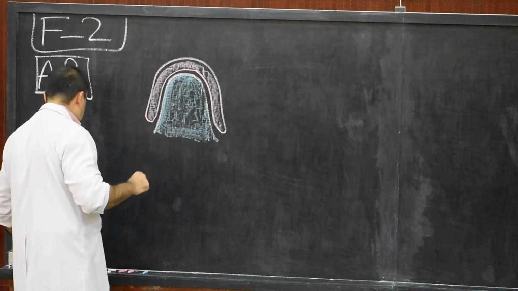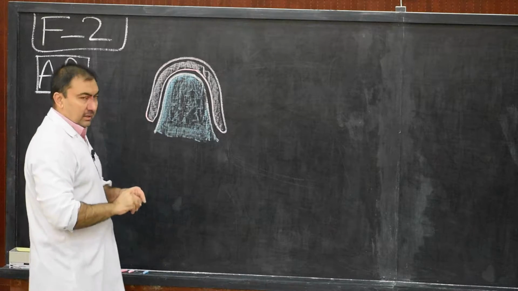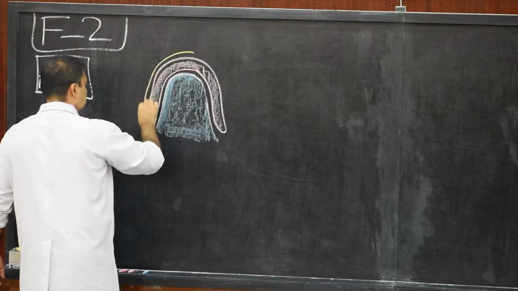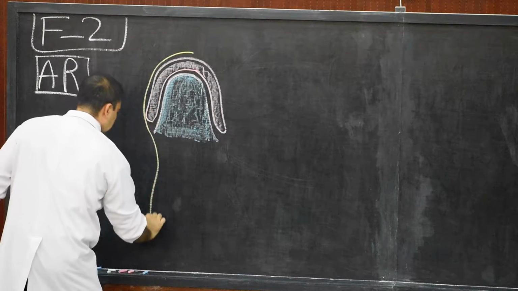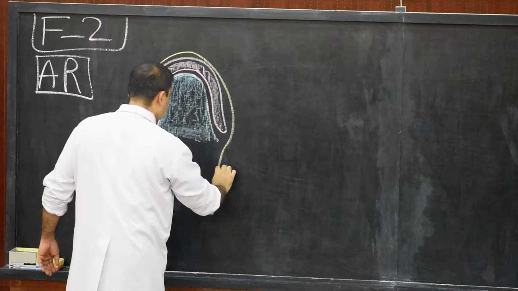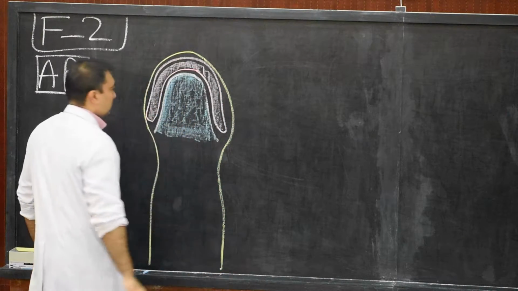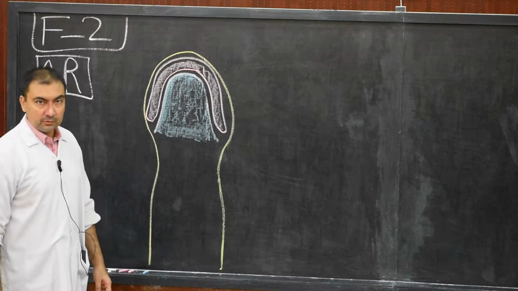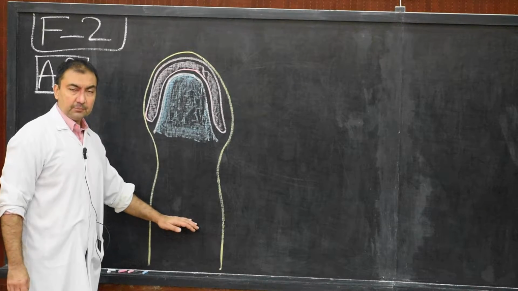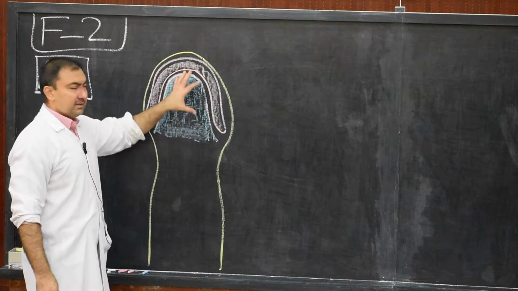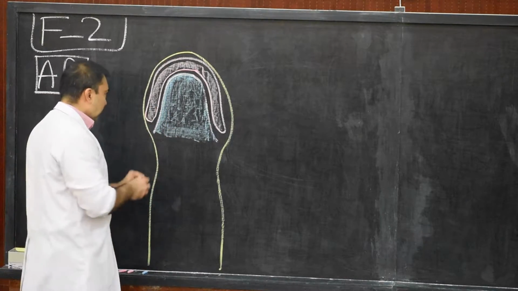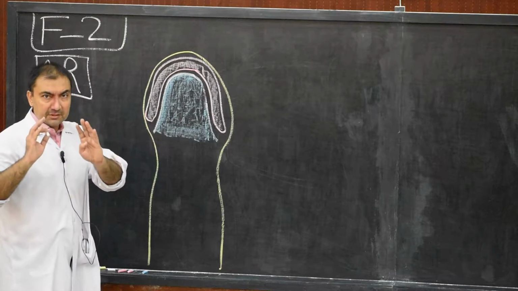So the entire spermatozoon, here I will use yellow color, will be covered by the plasma membrane of the spermatozoon. We will not draw the neck component and middle component, that is the body component. We are just interested in the head of the spermatozoon. To save our time, this much is needed. Now we will mark the structures. Three different structures we have to mark.